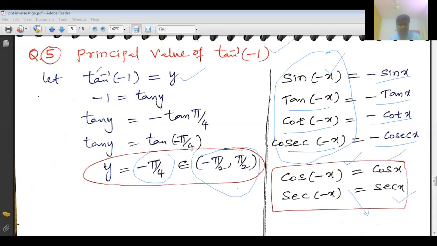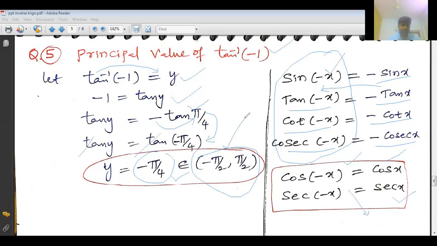So take tan inverse to the right hand side. Then tan y equals minus 1. So minus 1 means minus tan 45. First of all, let me take the minus inside. Minus tan x can I write as tan of minus x? See, minus tan x we can write as tan of minus x. So tan cancels now, and y equals minus pi by 4. Is it the answer correct? Yes, because it lies in its range, correct?